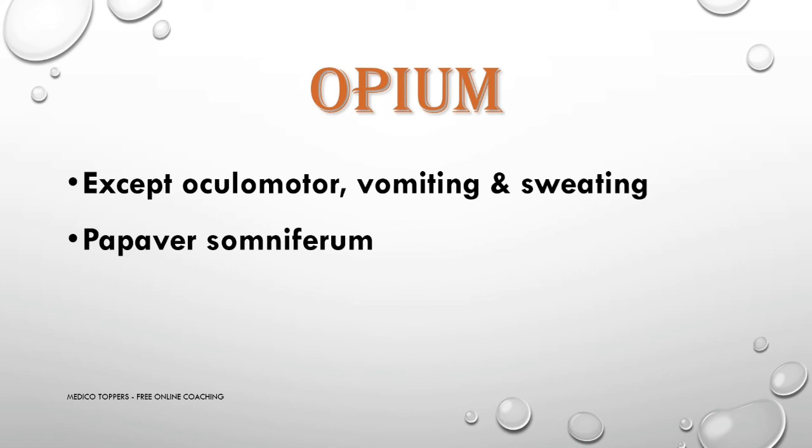The cause of death is mainly acidosis from production of organic acids, and CNS depression is a minor factor. Opium is also known as Papaver somniferum. Opium poison mainly depresses all the centers except the oculomotor, vomiting, and sweating centers. It is a centrally acting analgesic, and it also stimulates non-propulsive rhythmic contraction of the small intestine, and the fatal dose is 2 gram.